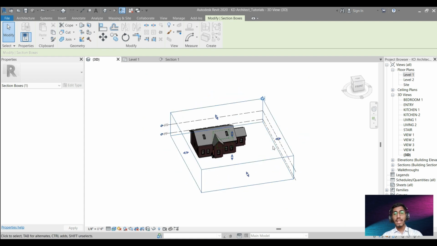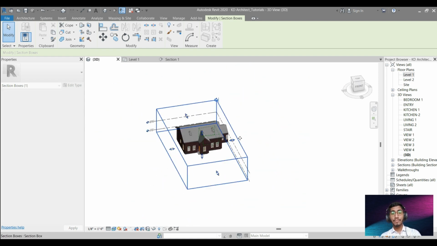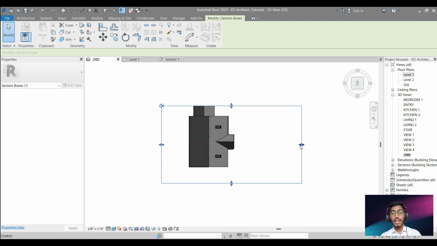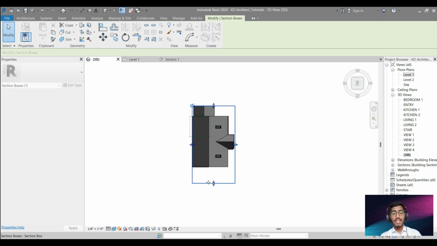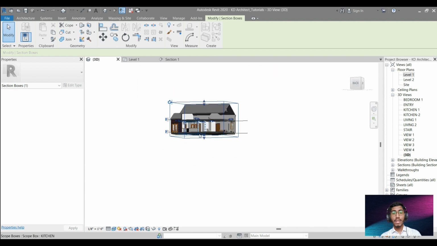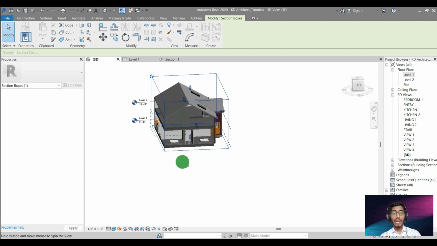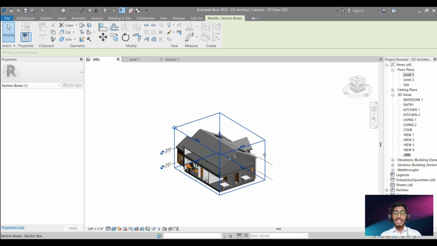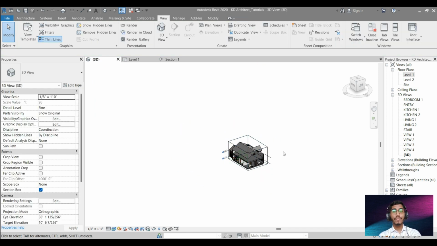Now let's adjust the boundaries of the section box. As per your requirement, you can drag the boundaries, and you can see the scope of area of your building in the 3D view. So likewise, you can use the section box in the Revit.